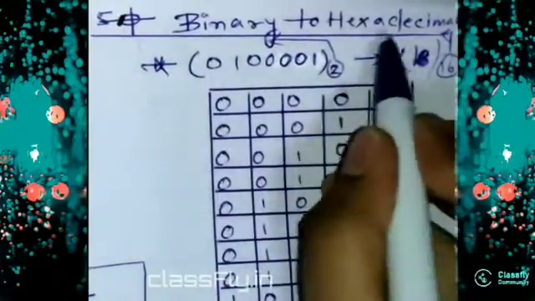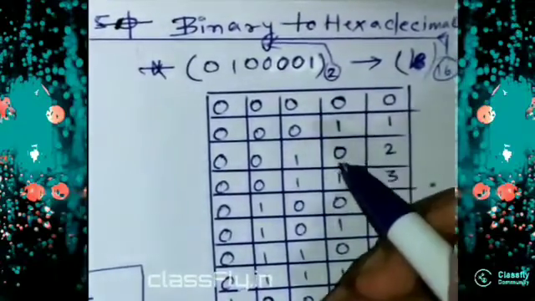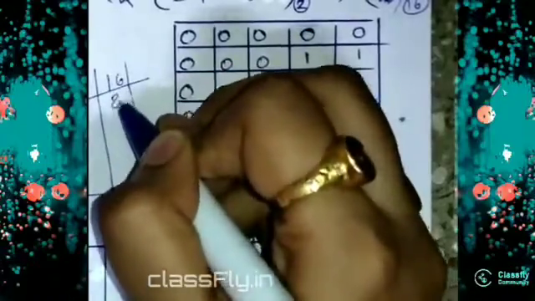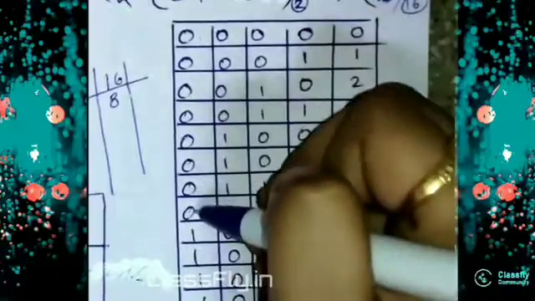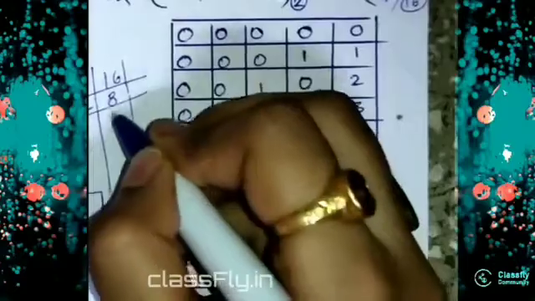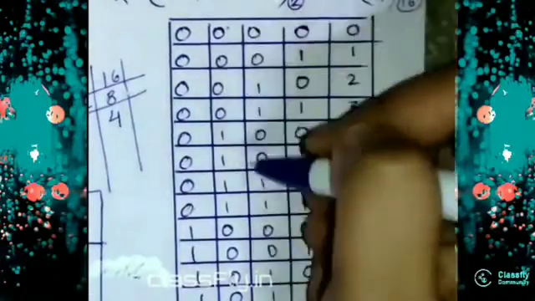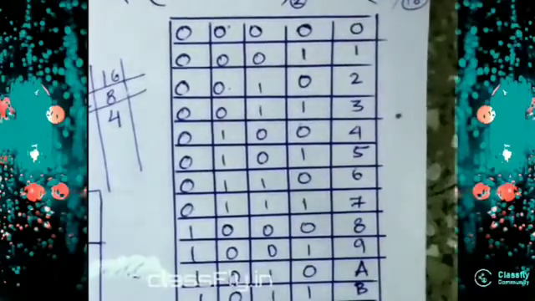So for conversion from binary to hexadecimal, we need to know a table. As it is hexadecimal, that is 16, whenever we divide it by 2, we get 8. So in the first column, we will have 8 zeros and 8 ones. Again, when we divide it by 2, it is 4. So in the next column, we will have 4 zeros, 4 ones until we reach the 16th row.